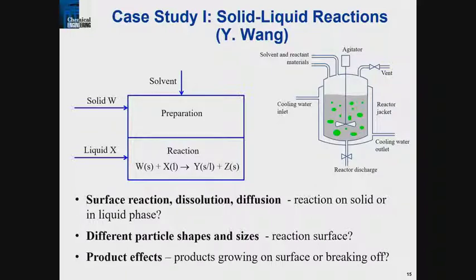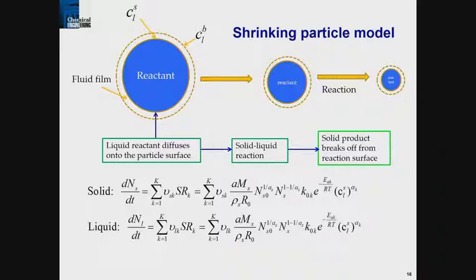We looked at this, and we came up with two general competing mechanisms. The first one is to say we have the liquid diffusing onto the particle surface, going through a film, some boundary layer, and then it's going to form and react on the surface of the solid particle. At that point, because it's not a porous particle, it forms on the surface and eventually it's going to crack off, and the size of the particle depletes as the reactant forms into product.